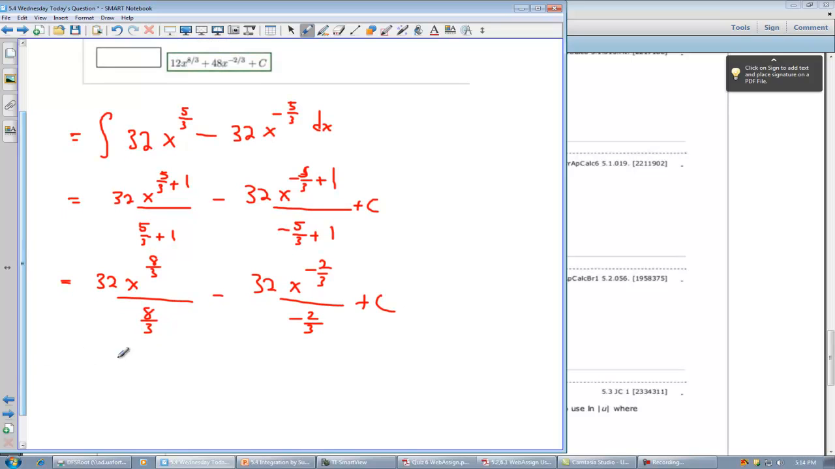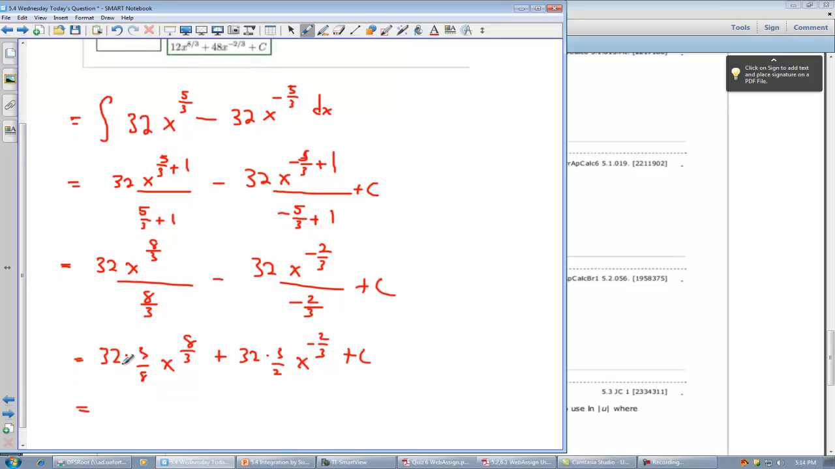And so this is equal to, right, when you divide by a fraction, you multiply by the reciprocal. So this is going to be equal to 32 times 3/8. All right, so let's just do it. 32 times 3/8, right? X to the 8/3. And then minus a minus is a plus, so I'll get plus 32 times 3/2, x to the minus 2/3 plus c, which is equal to,